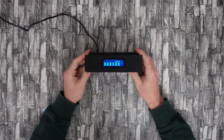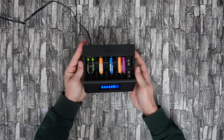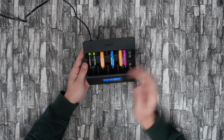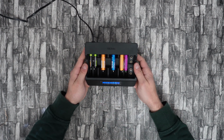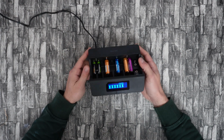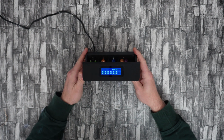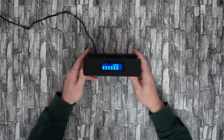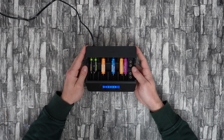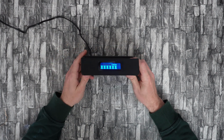Finish! Everything is charged. It's an excellent choice for efficiently charging your household batteries while maintaining safety and convenience. For charging all these batteries, it takes about 1 hour and 40 minutes. Whether you are powering toys, remote controls or other gadgets, this charger ensures you are always ready with fully charged batteries. With its efficient charging speed, intelligent safety features and user-friendly design, it's a must-have for anyone who wants reliable